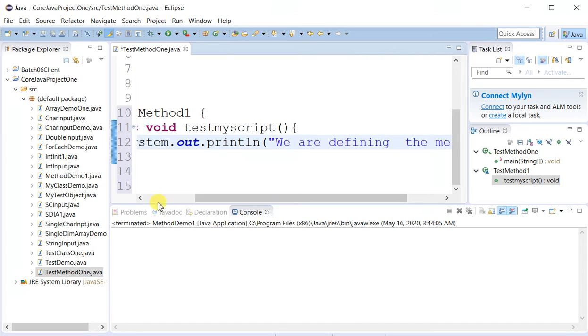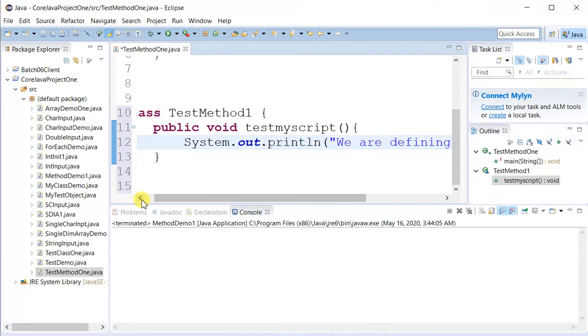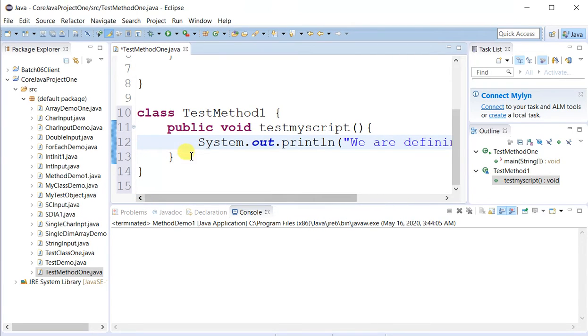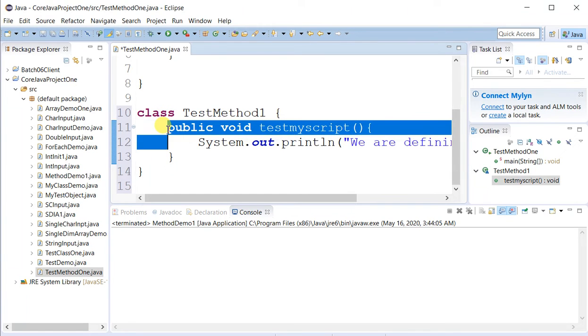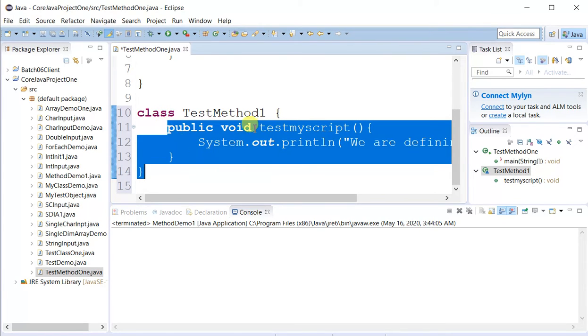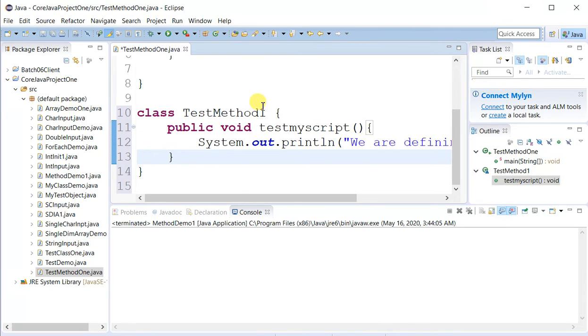What is the statement inside the method? We are defining the method, which is the test my script method. This is the method name, and the whole block is known as the method definition, which is a class member, which is a member of the test method 1 class.